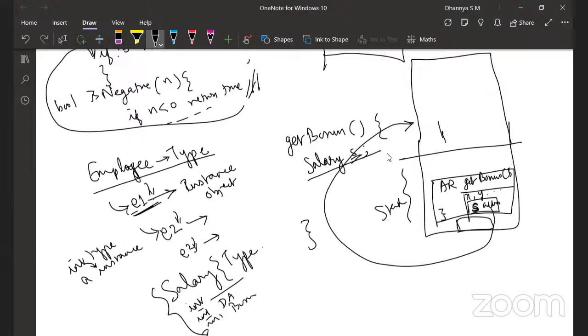So this is the heap that I have, and I'm storing, say, the S object here. For S, I have the basic pay, DA, which is dearness allowance, and then you have, say, bonus. All these are stored here. So here, I'm not storing the actual values. Instead, I'm storing the address location of the object.